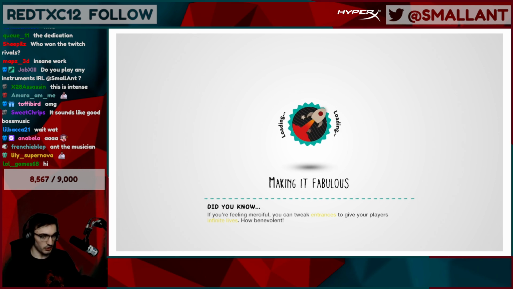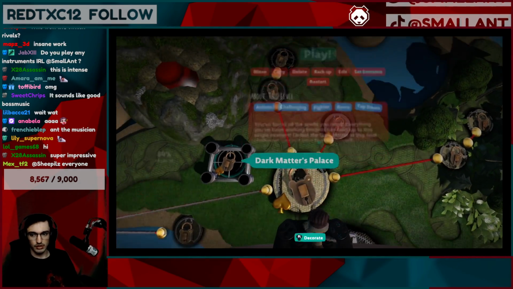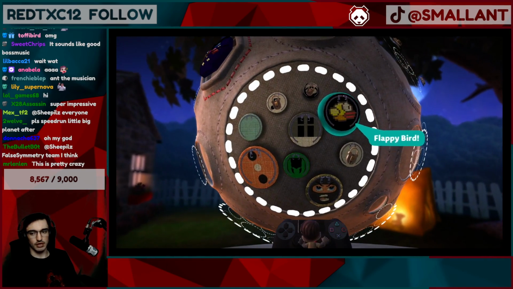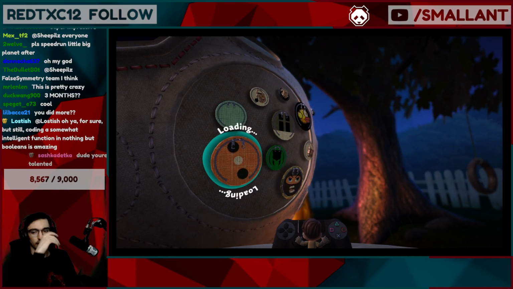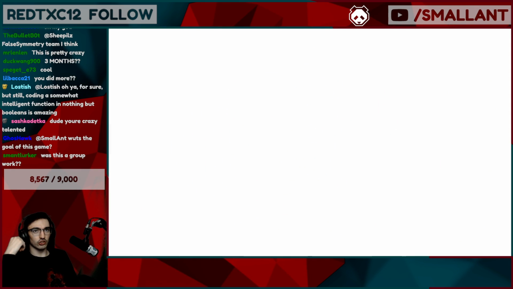So, the next level we did, I wanted a break, because that one took 3 months. So the next one we did, I think in 1 or 2 streams. I was playing some random game on my phone, and I was like, I'm just gonna remake this game on my phone. And so I made, it's an app called Smooth. I just recreated it. The cool thing about this is that, in Little Big Planet...